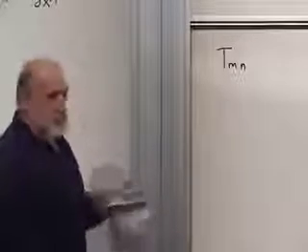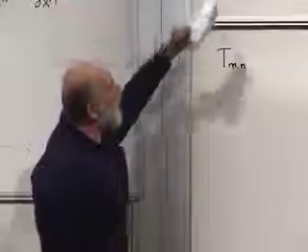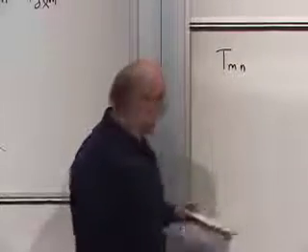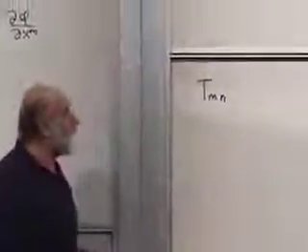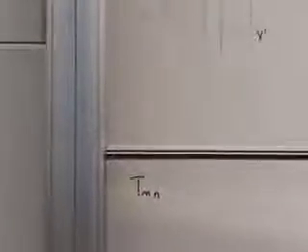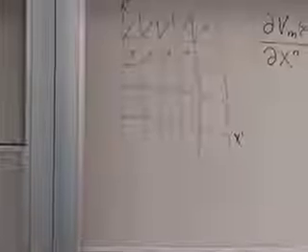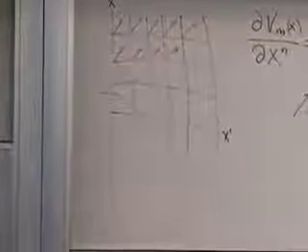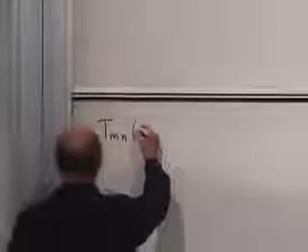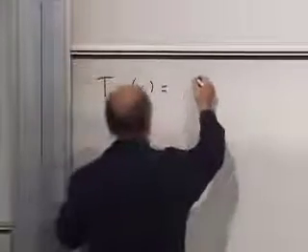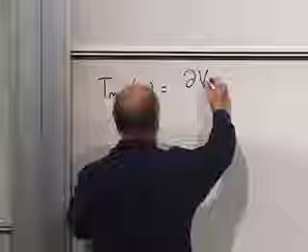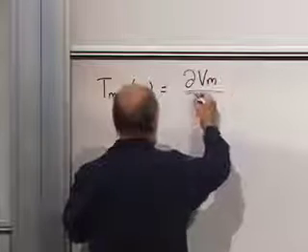Supposing there exists some tensor whose components in the x-coordinates, and by x-coordinates I mean, again, rectangular Cartesian coordinates. Let's suppose that there is some tensor, Tmn of x, which is equal to the derivative of some vector with respect to x